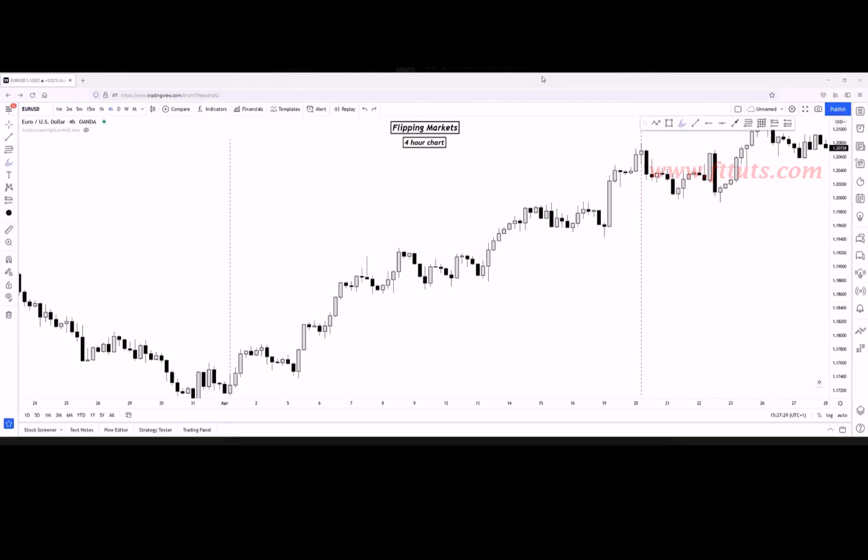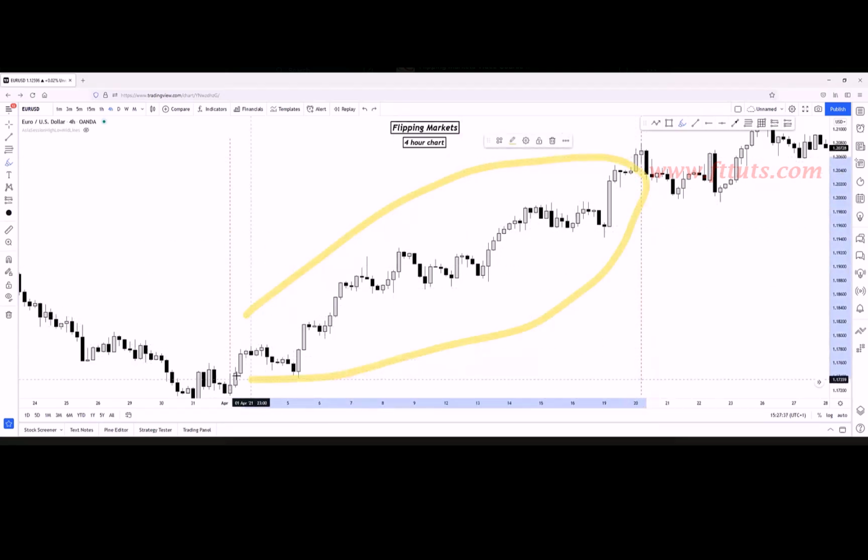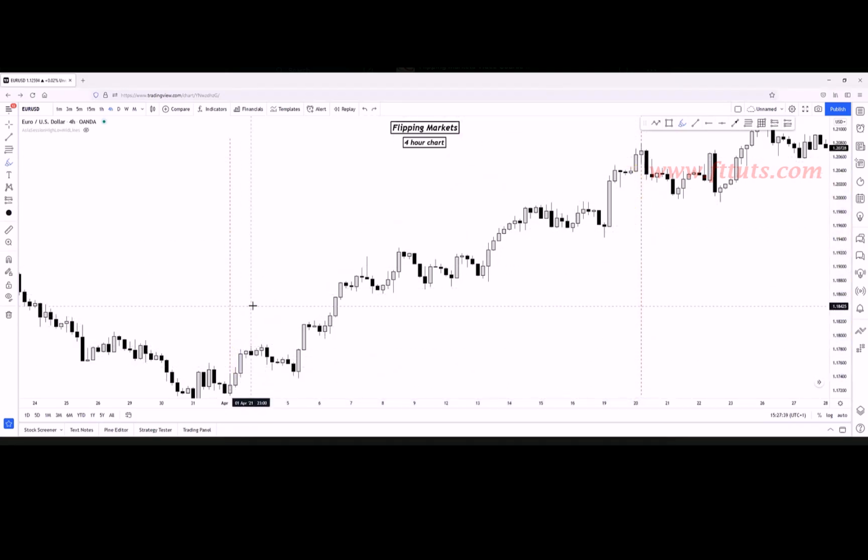Okay, so I want you to practice inefficiencies. I'd like to give you a task. So mark all of the inefficient areas between this line and this line. So in this region. For this task, you will need an image editor program or just TradingView, and you have to screenshot this image and copy and paste it into TradingView. I would like to ask you to mark all of the inefficient areas, and I will just show you an